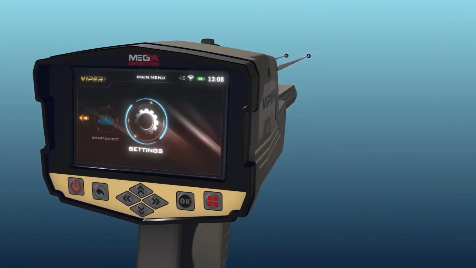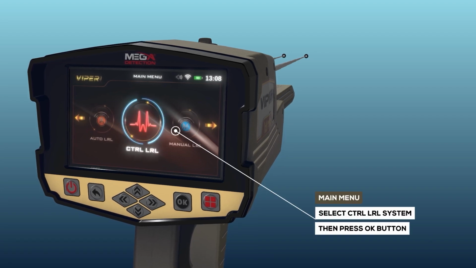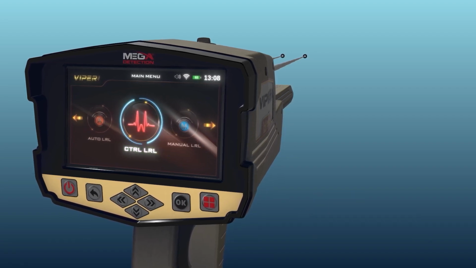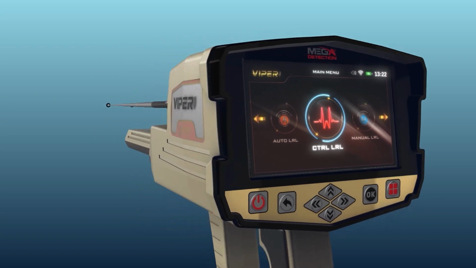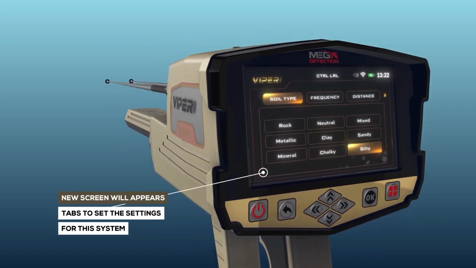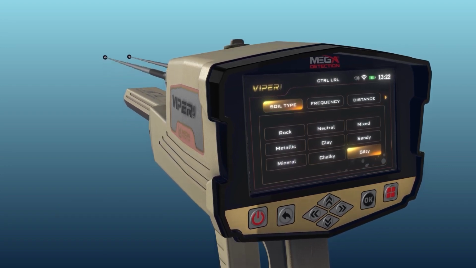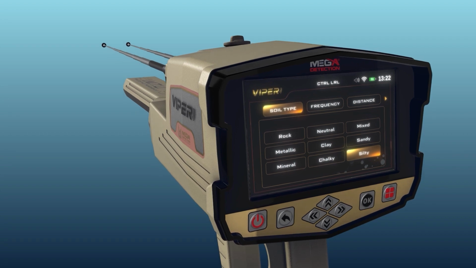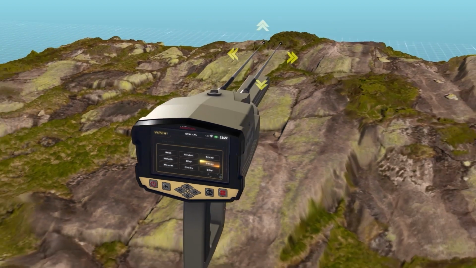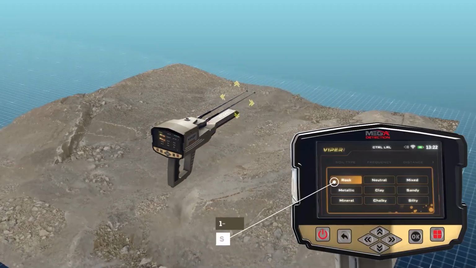To start Control Long-Range Locator System, select this system from the main menu and then press the OK button. After system selection, a screen will appear which includes a couple of tabs to set the settings for the system, which are Soil Type. Using this option, the user can specify the type of soil in the area in which he wants to search. The available soil types that have been added to this device are rock,